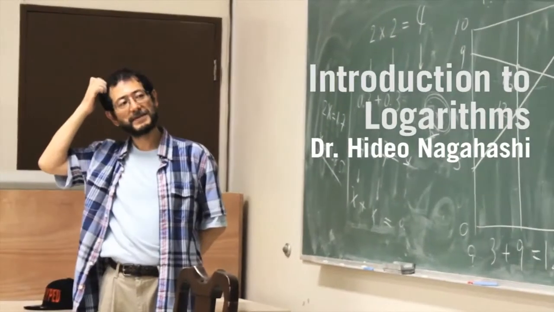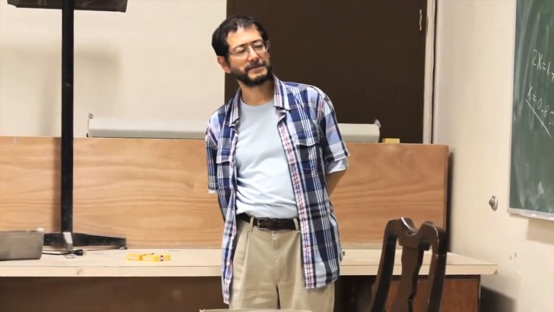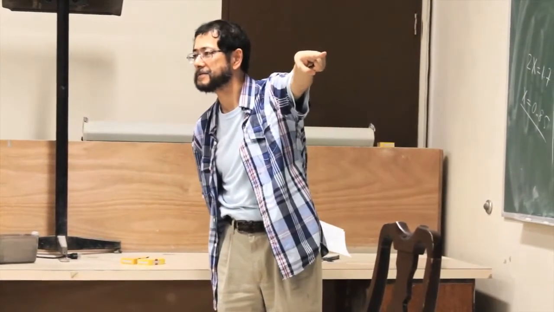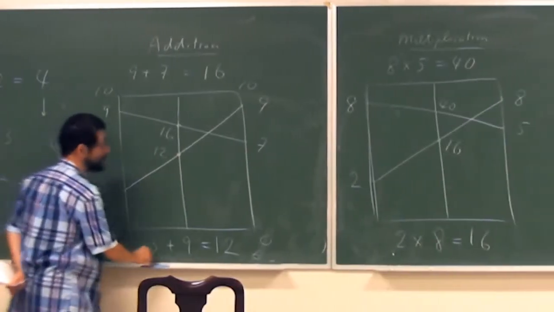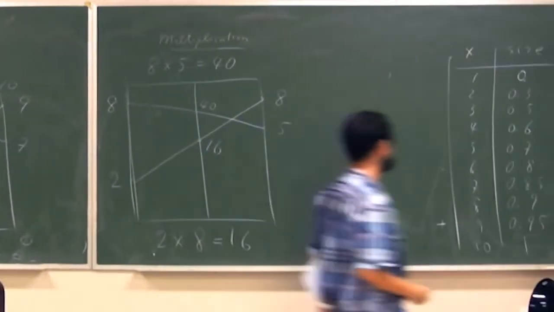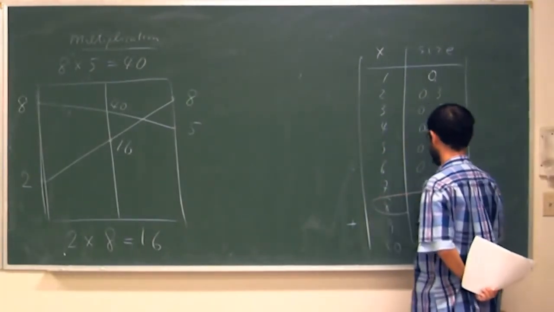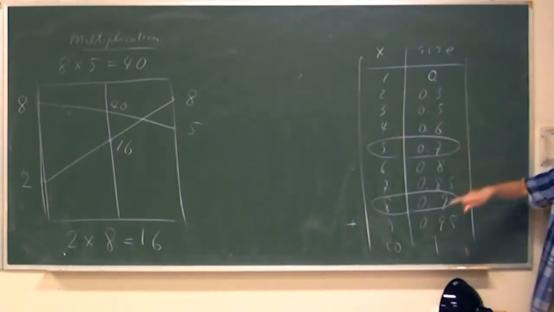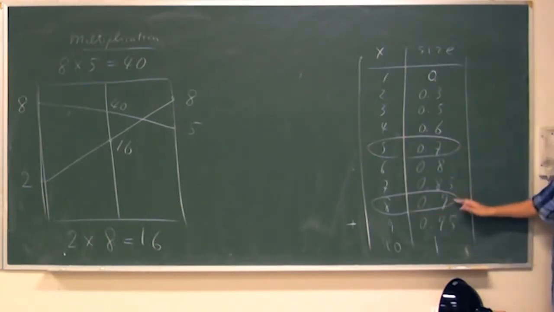The question is, why does this work so nicely? The answer really comes from that table, which we just established. Because if you look at, for example, if you want to do 8 times 5, then we just figured out this is reduced to 0.9 and 0.7,